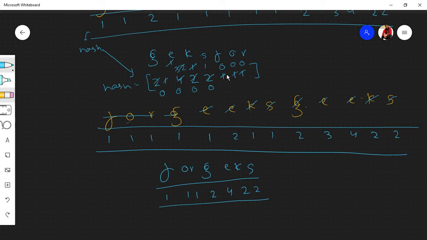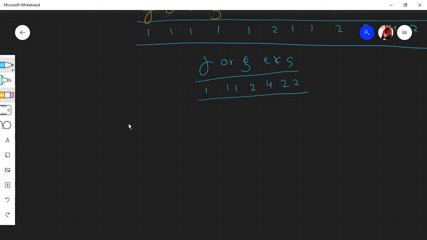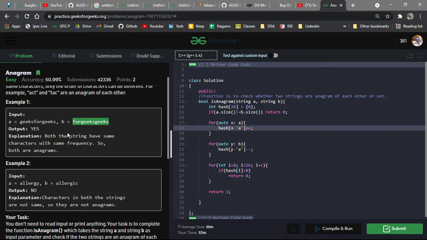Now you might have guessed where I am going with this. My whole hash is 0 now. My whole hash is filled with 0, which means after inserting, the count was something, and after removing, the count is 0, which means the exact same characters were present, and we have mapped them accordingly and subtracted them. So no extra character or extra word was present.